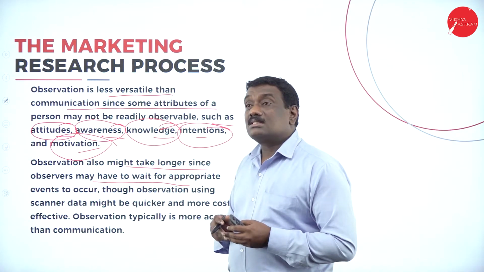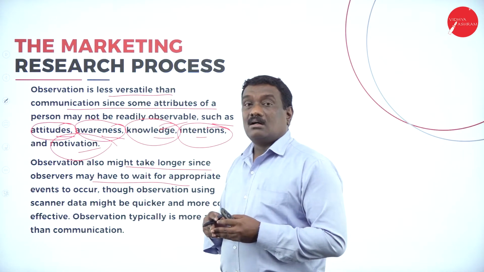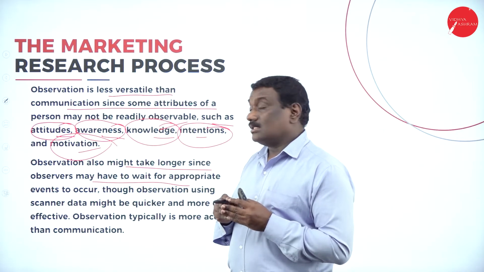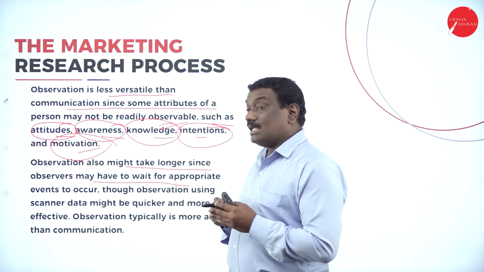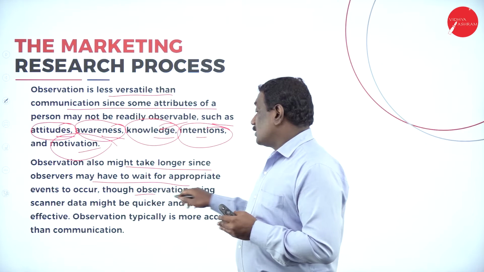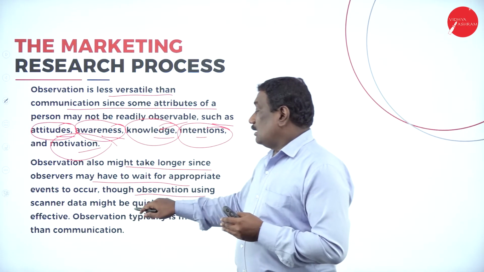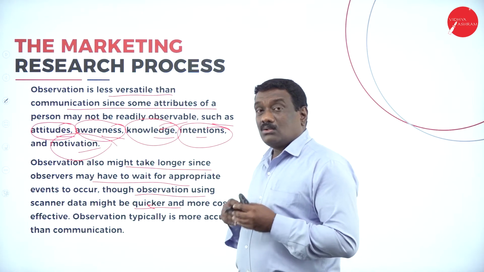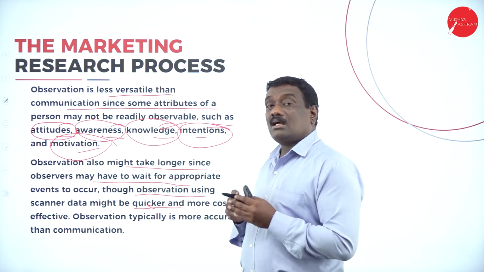So simply you cannot just see the person and say, this is what the thing is. You need to wait and watch that particular person, right? And for that particular event to occur, observation using the scanner data might be quicker and more cost effective. When you want to observe that particular person, you need to wait and watch for that particular